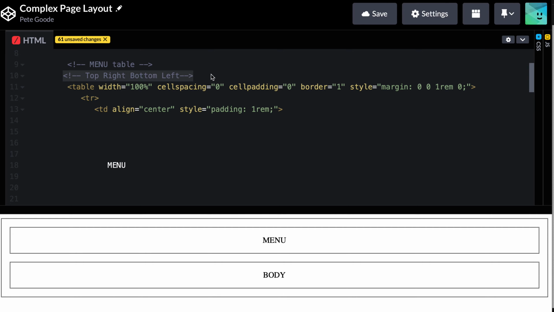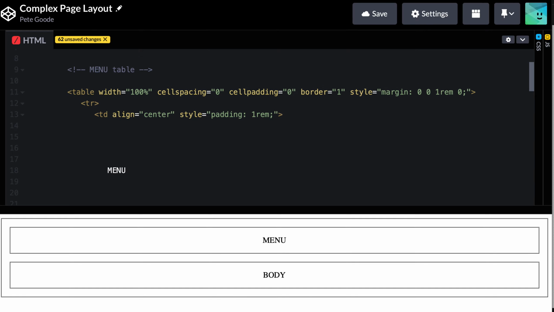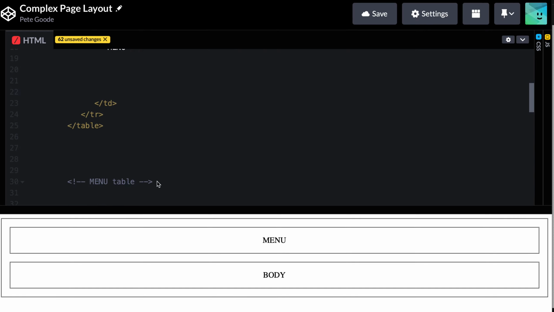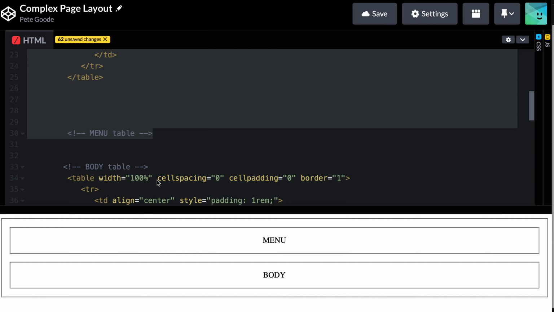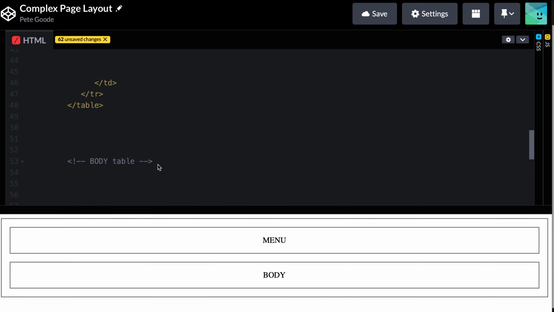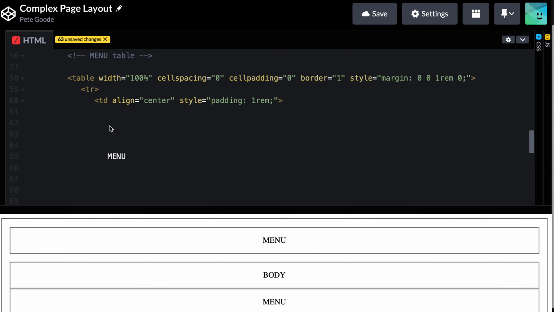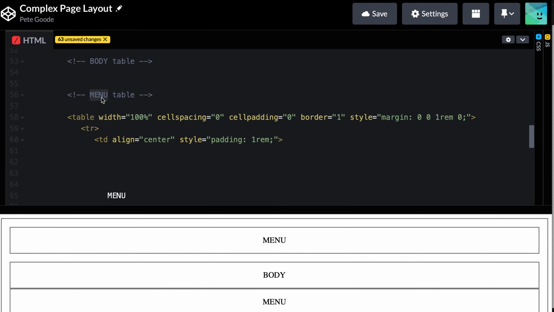Oh, I don't need this right here. So I'm going to grab menu all the way down to this menu, copy. I'm going to go below body, paste, and now I'm going to change these words menu to footer,